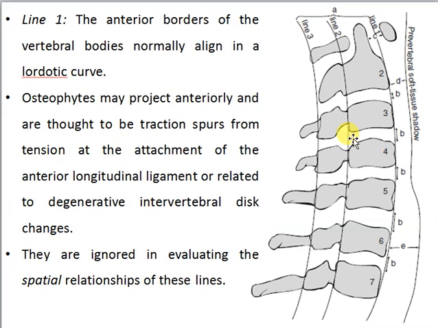So again, you can see these three lines. You can also look for the osteophytes. They may be present on the anterior side or the posterior side. If they are on the anterior side, there are no structures to be compressed. But if they are on the posterior side, then they can compress the cervical nerve roots as well as the cervical nerves and cause cervical neuralgia or cervical brachialgia and things like that.